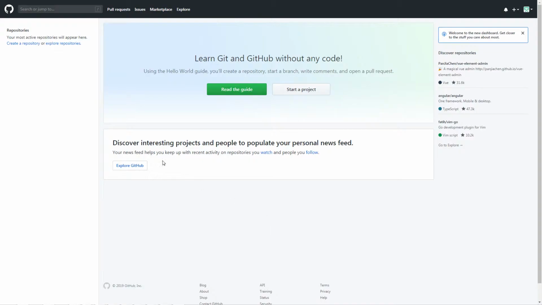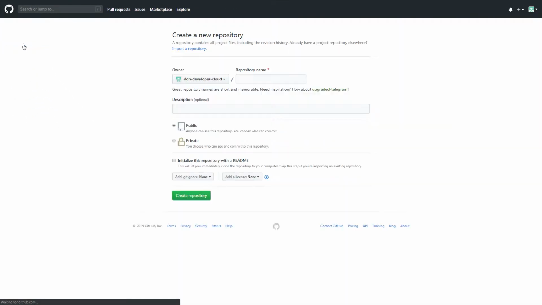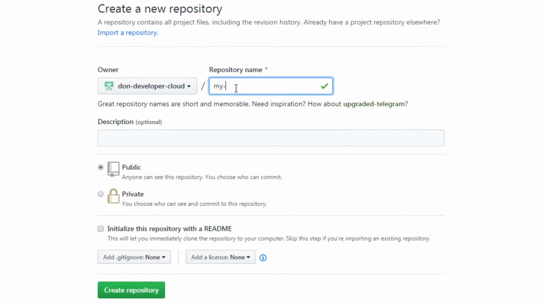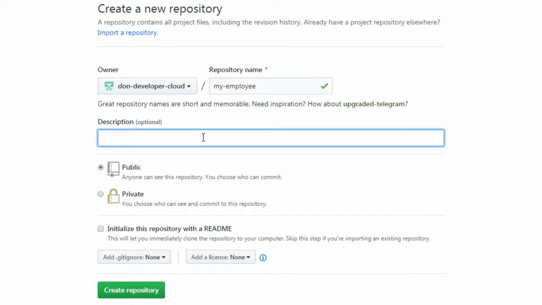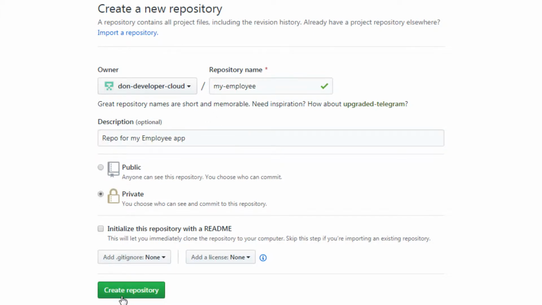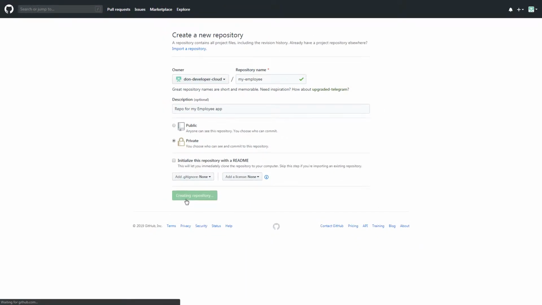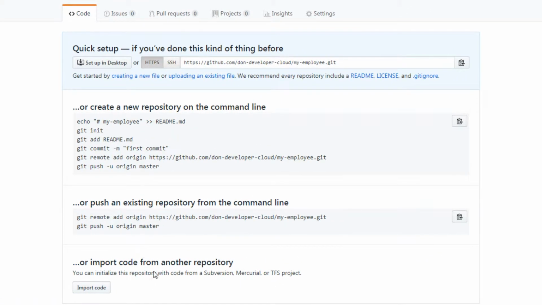On the left side, click Create a Repository. Enter the name and a description. Make it a private repository, don't add a README file. Click Create Repository. After the repository is created, GitHub shows Git commands to run on a Git command line interface